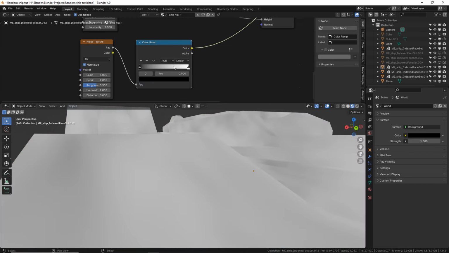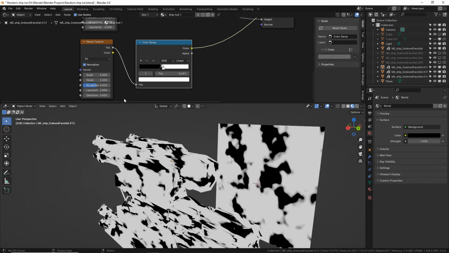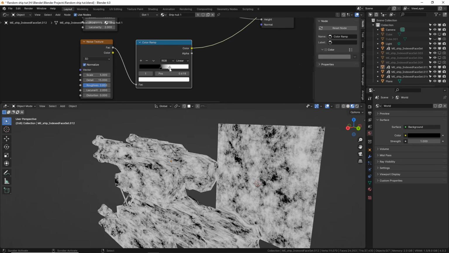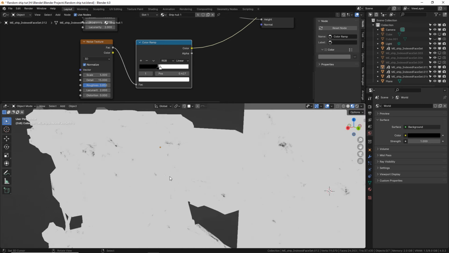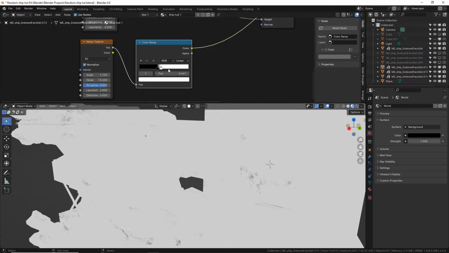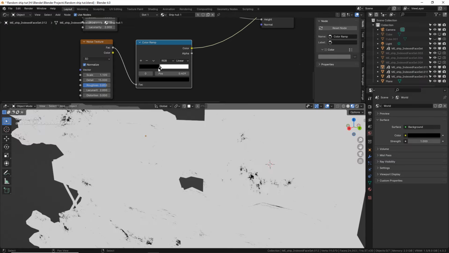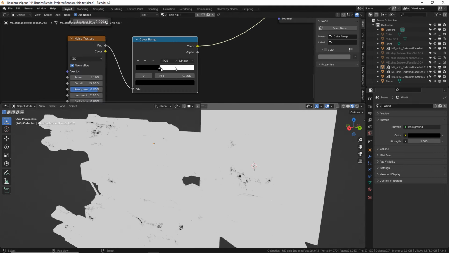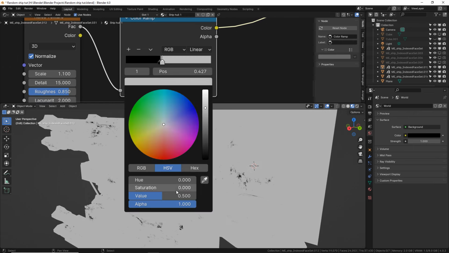I'm going to Control Shift click this and make it very contrasty. Let's turn up our detail, turn up our roughness, and I only want a few spots of black, just a few, because those are going to be our scratches and damage. So maybe we put our scale down. Yeah, like that. Okay. I'm going to make my white color actually not white, but 50% or 0.5 gray,